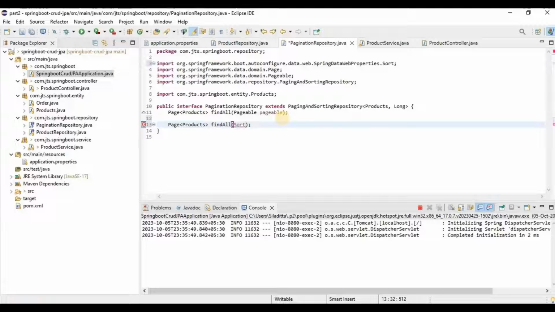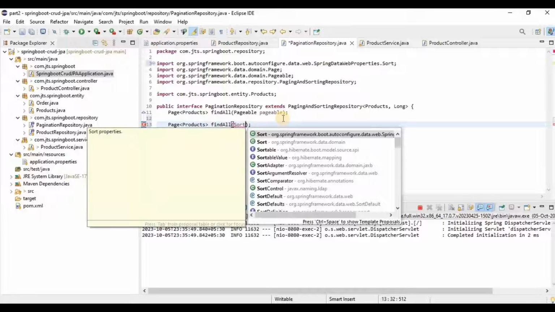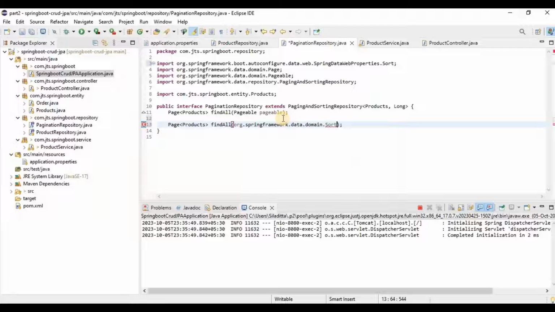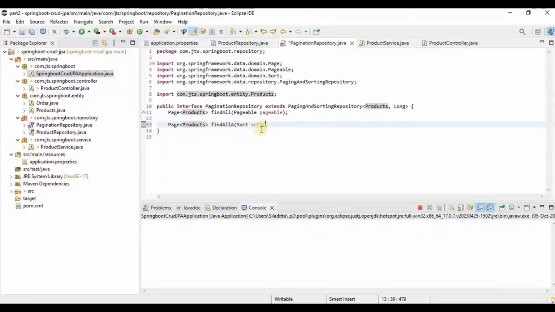Sort, data domain. So either we can use the sort something like this over here, and then